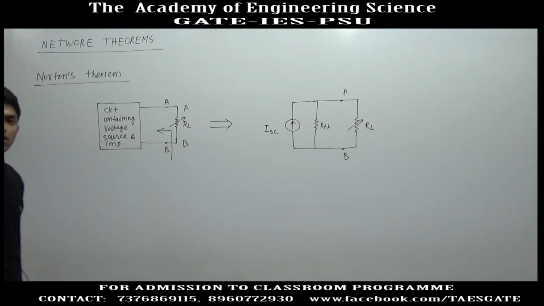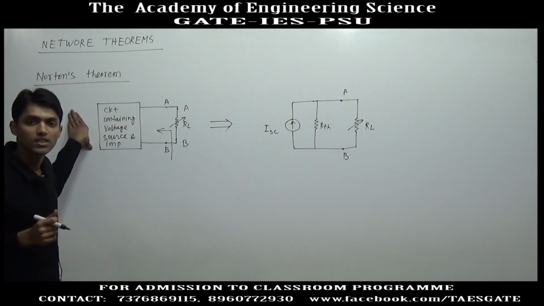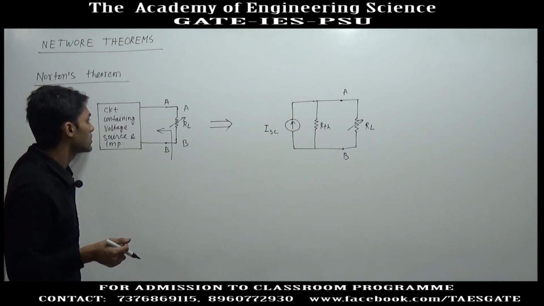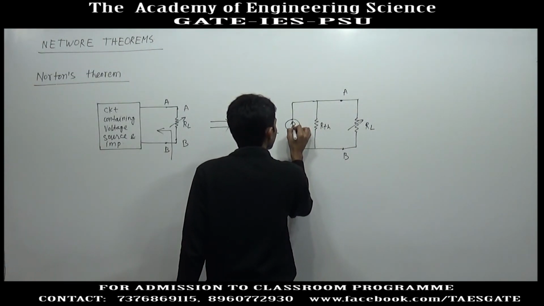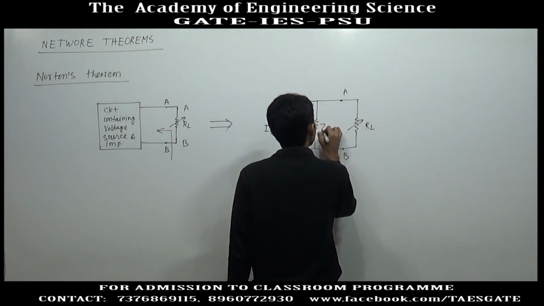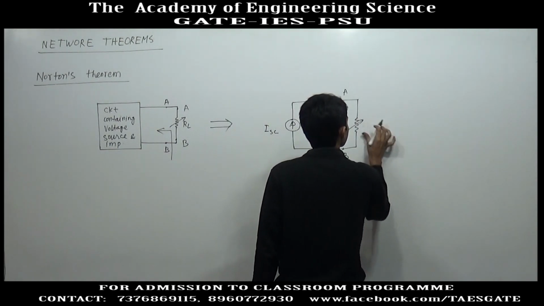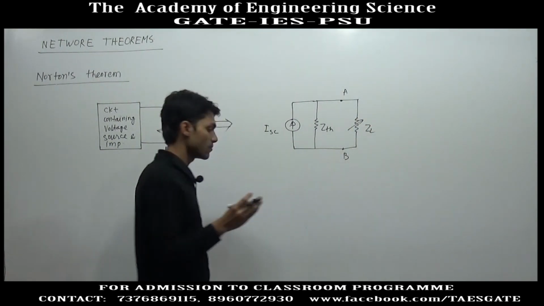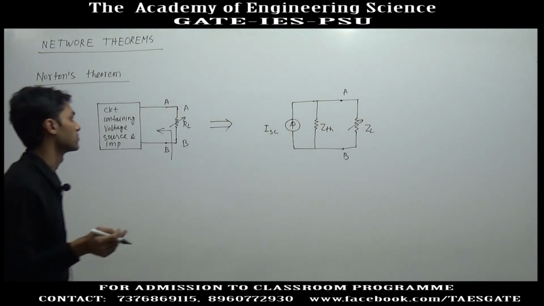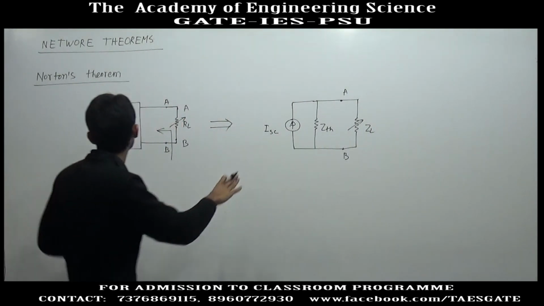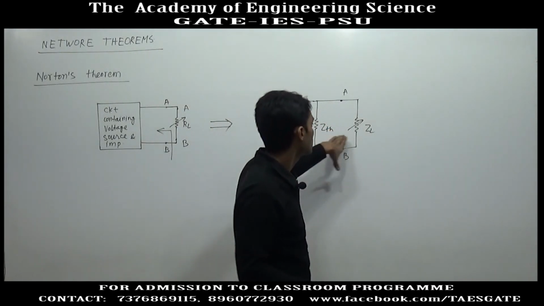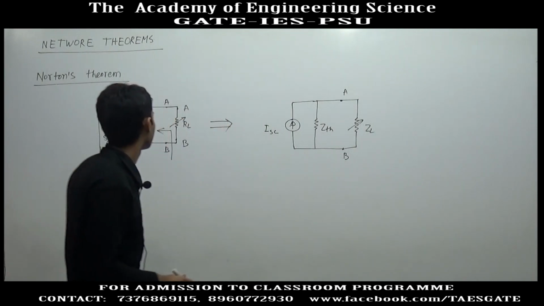While studying Thevenin theorem, we took all the examples of DC, but the Thevenin equivalent theorem is equally applicable in AC circuits also. So in Norton's equivalent theorem, I will take a general AC current source, and instead of RTH we will take ZTH, and this is ZL. Norton's theorem, Thevenin theorem, superposition theorem, these all are equally applicable in case of AC also. So we will study Norton's theorem by taking an AC current source. Instead of RTH we will take ZTH, instead of RL we will take ZL.